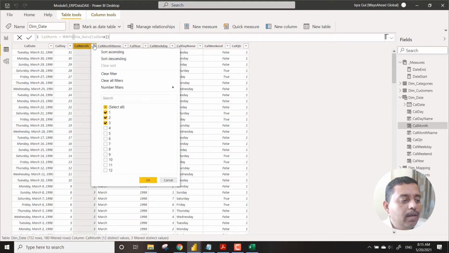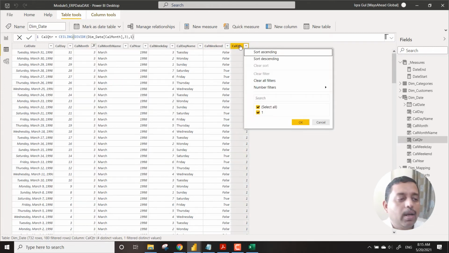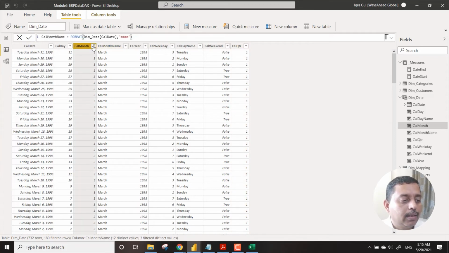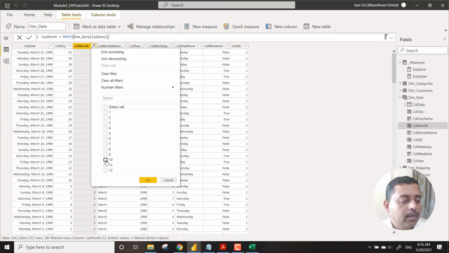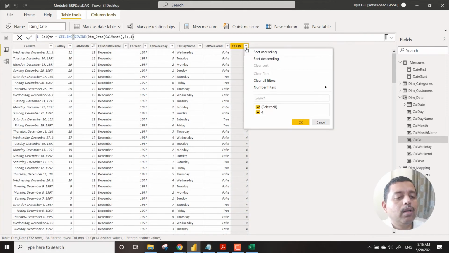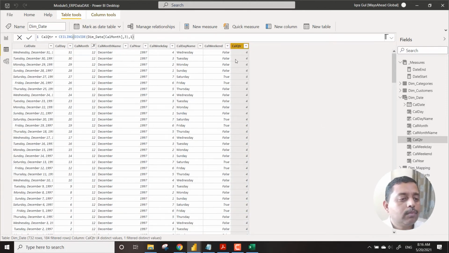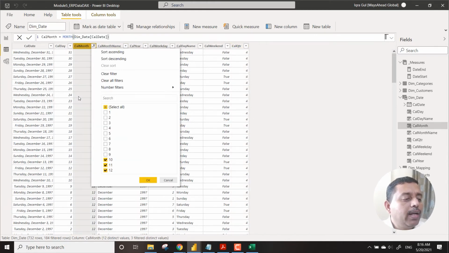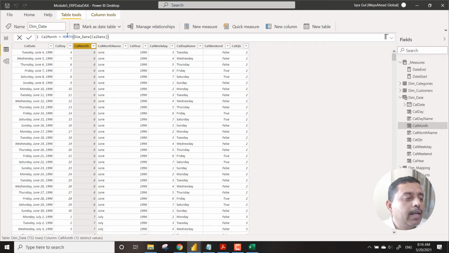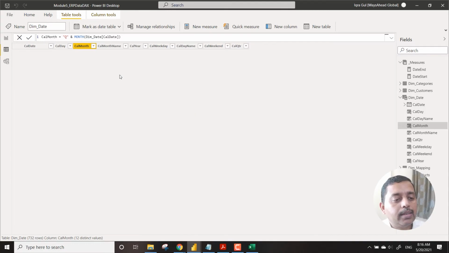and now if I see the quarter for 1, 2, 3 months, the QTR has to be 1 because we have already checked it in Excel. So we can just randomly check 10, 11, 12, it should say quarter 4. Sometimes you might want to have it in a format, something like this. You might want to say, let me call it as Q ampersand, which means it will say Q1, Q2, something like this. Let's see.